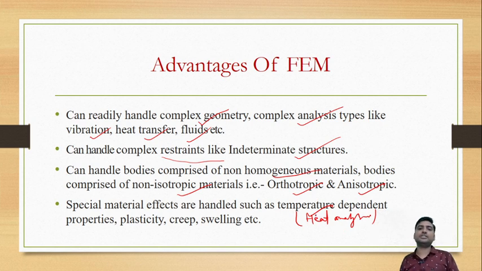So these are the advantages over the other methods for analysis. We are going for the analysis of indeterminate structures. Different methods are there: the moment distribution method, the Kani's method, but those methods are slightly lengthier. Coming to FEM, whether the structure is indeterminate or determinate, the process is the same and the steps are the same. There is no difference between a determinate and an indeterminate structure. Whatever the structure, we will follow the same steps. It only works on boundary conditions. You only should know the boundary conditions.